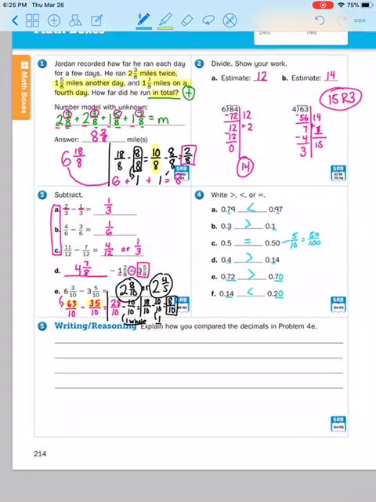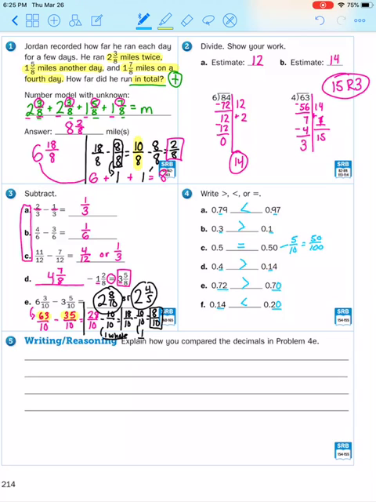Okay, so F, 5. Explain how you compared the decimals in problem E. So we are focusing on this problem right here, for E. So I'm going to give you my sample answer. I would have said first,